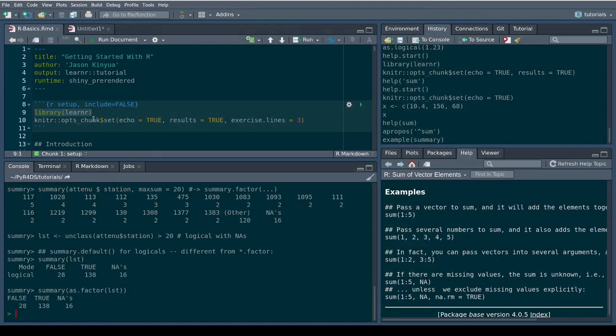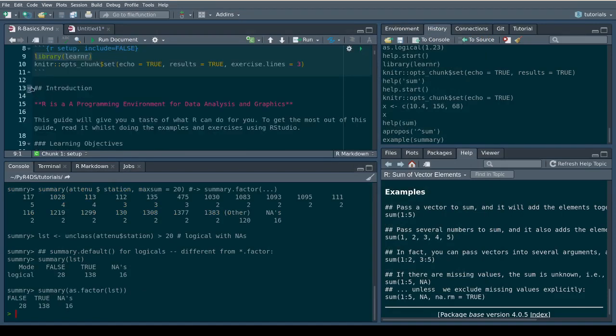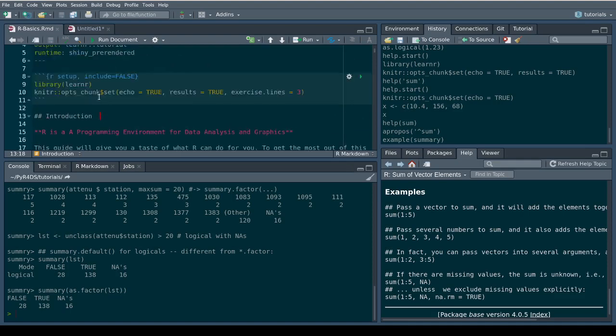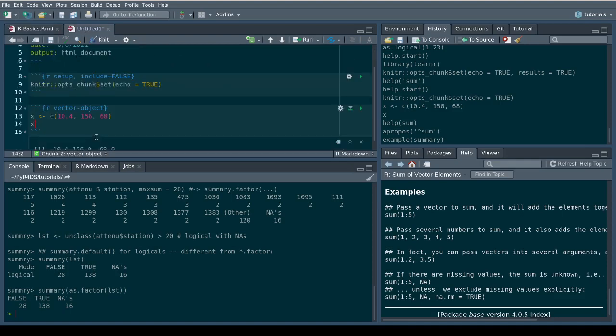Okay, this is markdown, so these are not comments. Don't confuse that. This is the syntax of writing R markdown. But when you are writing your R code, I want to document or write comments about this.